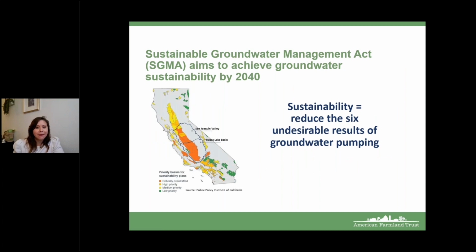Next slide. So the Sustainable Groundwater Management Act was passed in 2014 to achieve groundwater sustainability by 2040. So what does sustainability mean under the Sustainable Groundwater Management Act, or commonly referred to as SGMA? It means that it wants to reduce the undesirable results that I just mentioned and prevent them from exacerbating